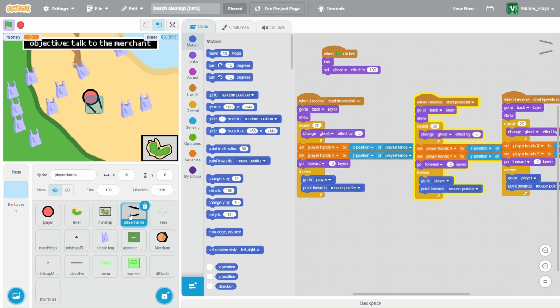Now that's the minimap. Now the player hands, it's basically just the player but hands, and I don't know why I did this, actually for the plastic bag, but yeah. So when green flag clicked, hide, set ghost to 100 for the defining, as I just said. Impossible, peaceful, speedrun, go to back layer, show, repeat 20 -5, set player hands x to x position of player hands, which